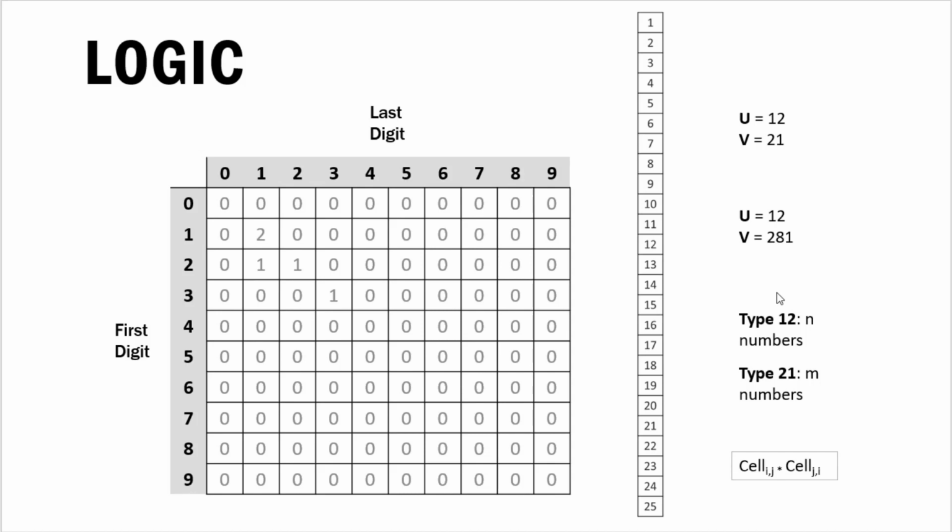The values of n and m for each valid case can be found from this grid that we will be creating. So if cell i, j gives us the value of n, then cell j, i will give us the value of m. So in order to find the product, we will multiply cell i, j with cell j, i. To get the final answer, we'll find the sum of all of these products. Let's run through the code now.